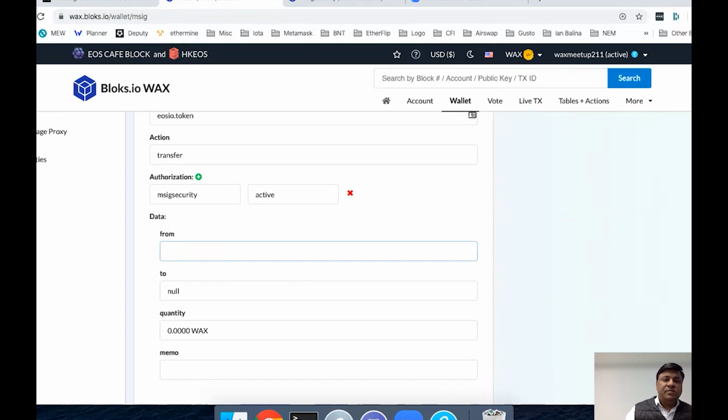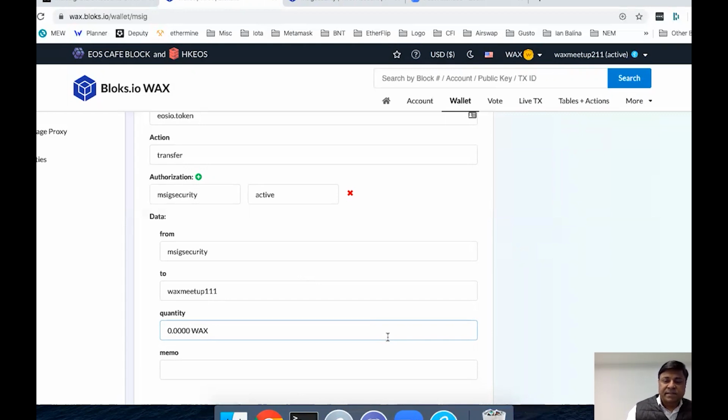So we want to transfer 1 VAX from M6 security account to VAX Meetup 111 account. Now this one is also slightly different in VAX compared to EOS itself.